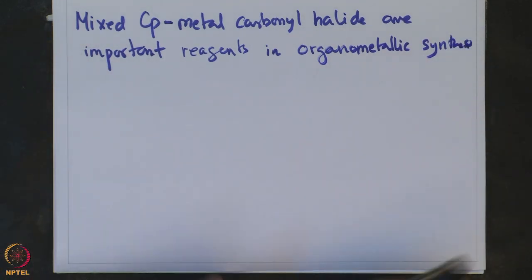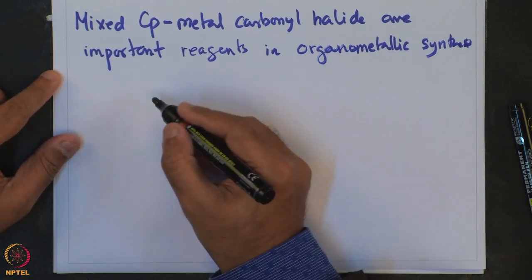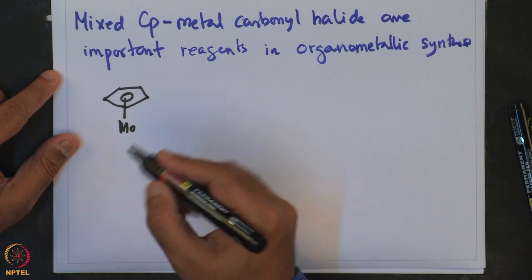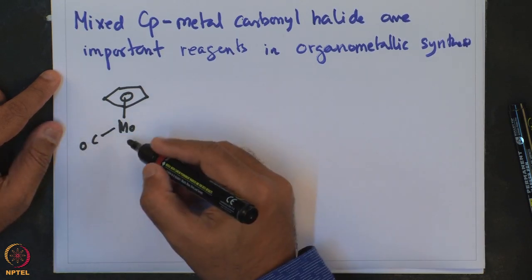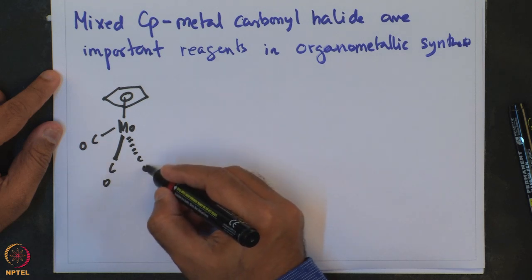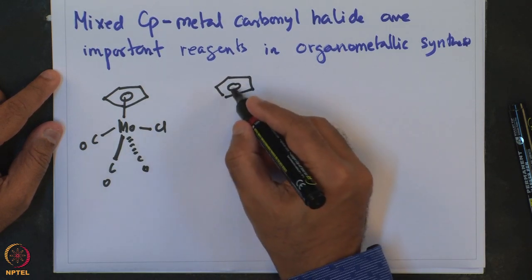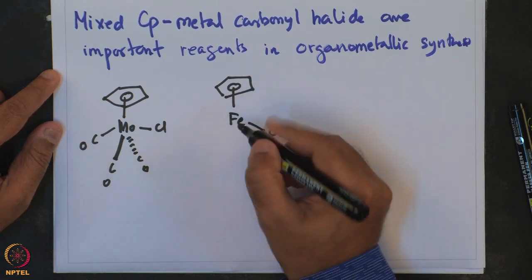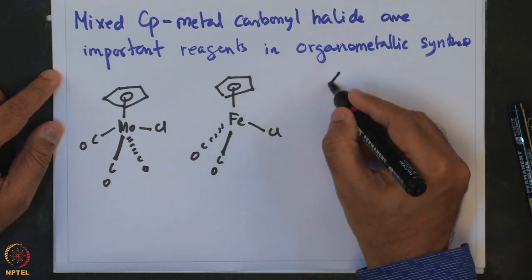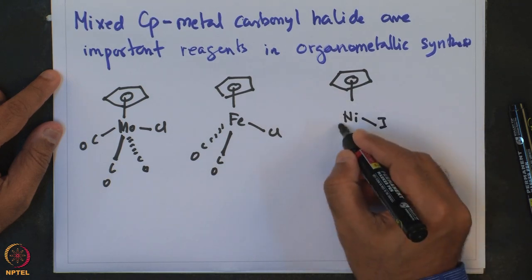And some of the examples of these compounds are Cp molybdenum tricarbonyl chloride, or Cp iron chloride dicarbonyl, or Cp nickel iodide,